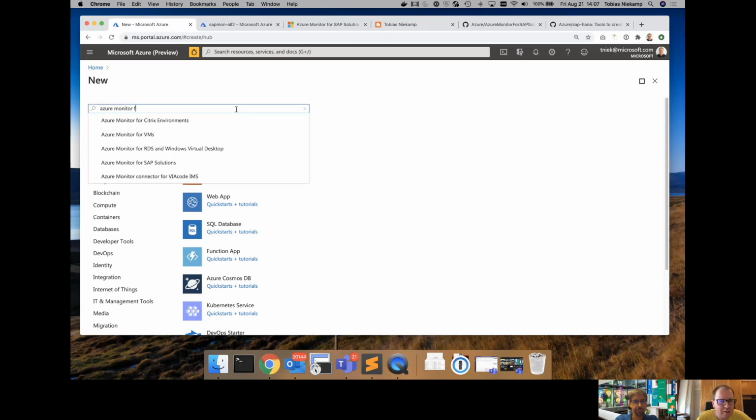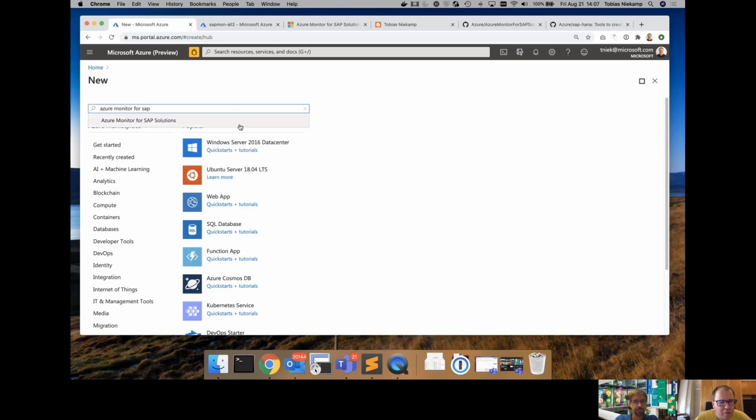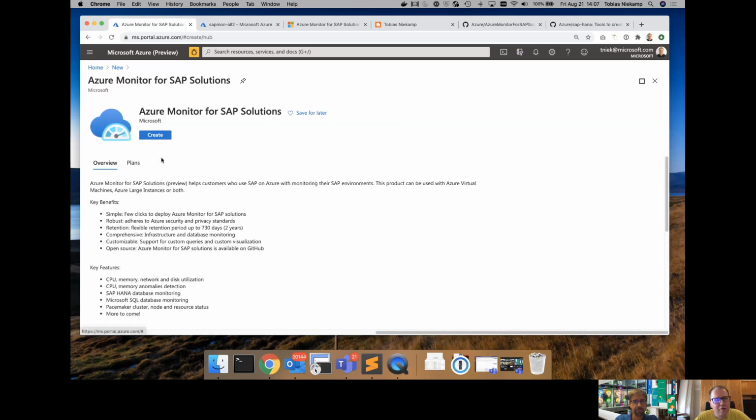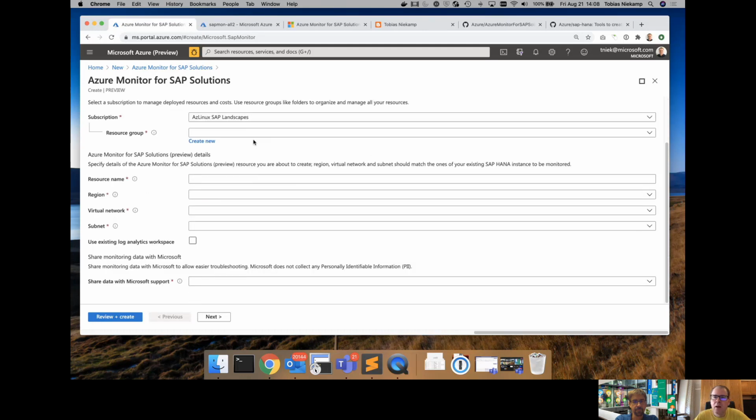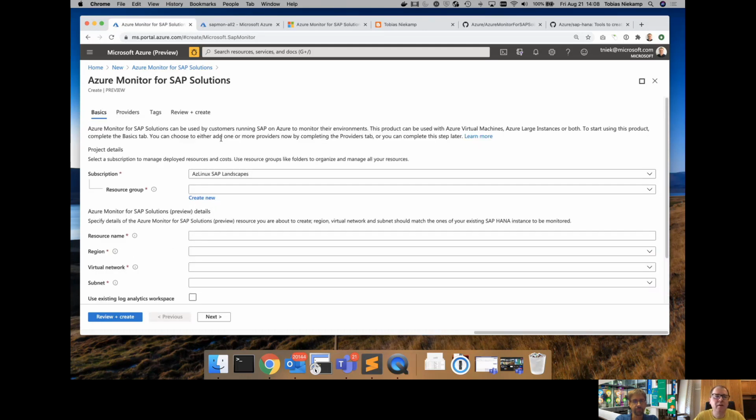In here we can search. As you're familiar with any gallery marketplace packages, you see this one here, with a description. Click on create, and then you get some sort of wizard that takes you through the deployment of what we call the SAP Monitor resource.